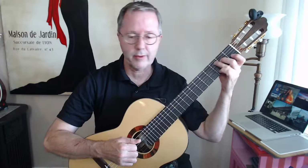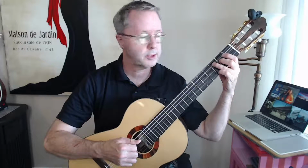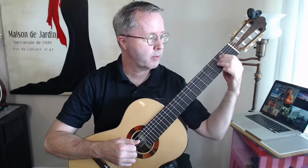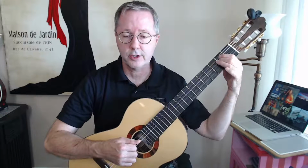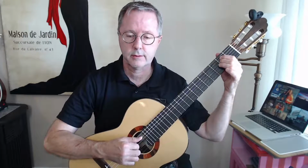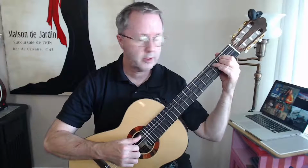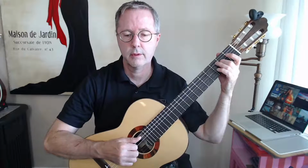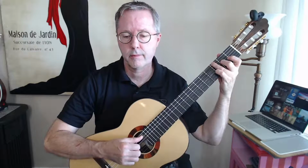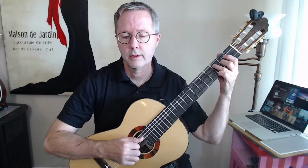I have been pulling my ring finger back, but it doesn't make sense to do that. Just put your index finger up, let it go, because you're not going to use this note anyway. Move your index finger up to the 2 of the 5th string, and then that's going to make more sense. Ring finger back down, and then take them both off. Finger at the top. Put it back where it goes. Index finger,